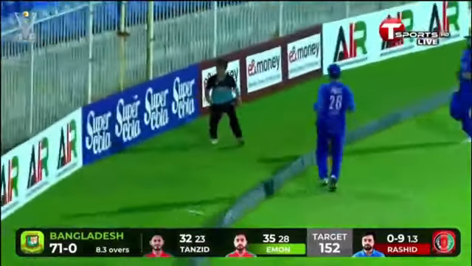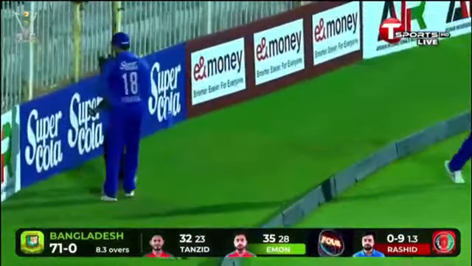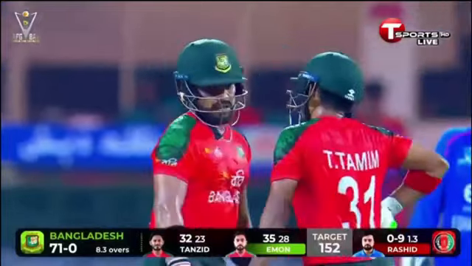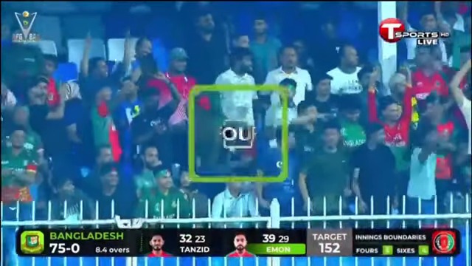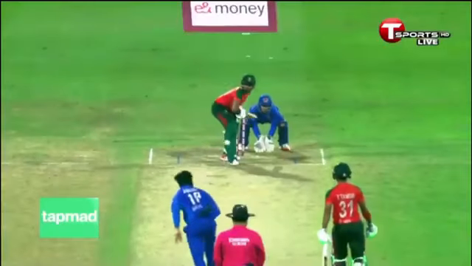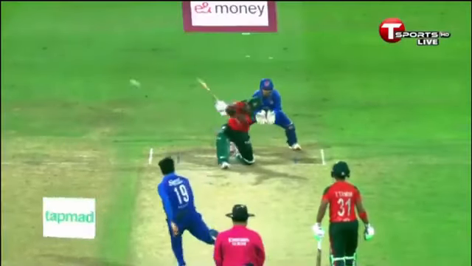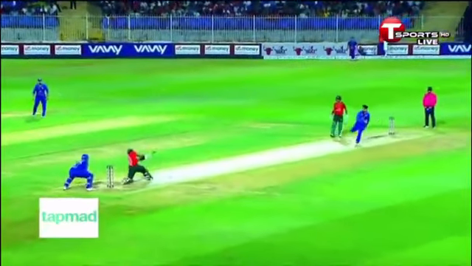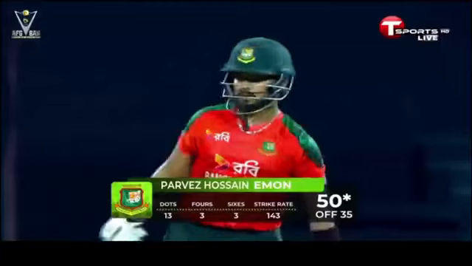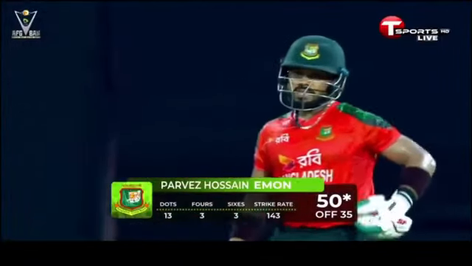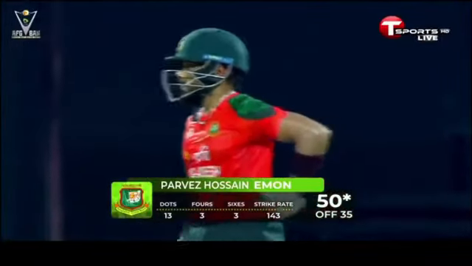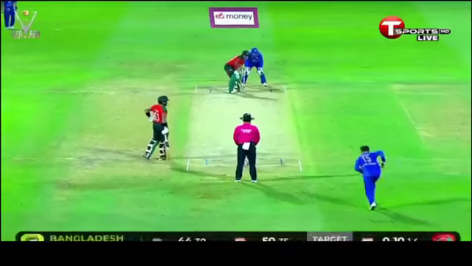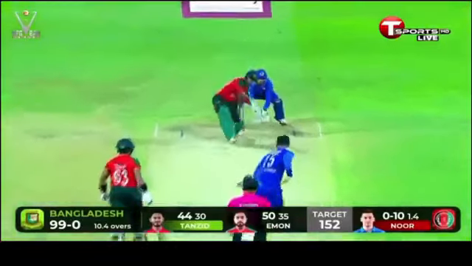Not quite getting the timing right, but the placement was perfect for Imon. Well, earlier, Parvez Mahroof, we heard talking about their sweep shots. How beautifully they have been getting themselves into the line and playing it really nicely, both the left-hand openers of Bangladesh, Tanzid, Imon. Both by luck, but he deserved every bit of it, striking at 143, 3 sixes, 3 fours. He's taken this brilliantly.